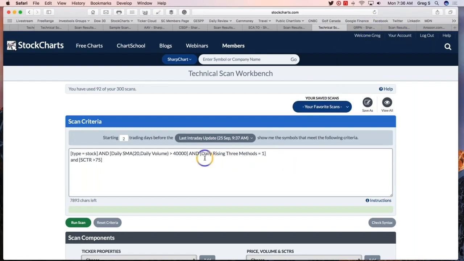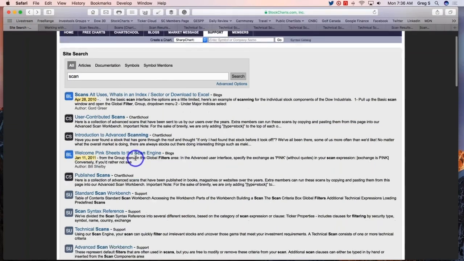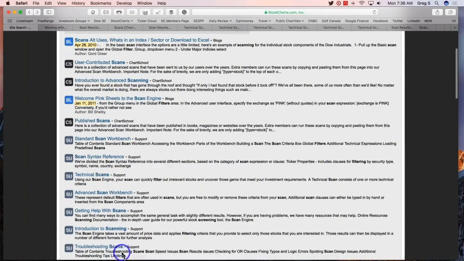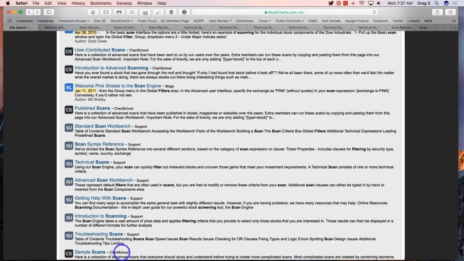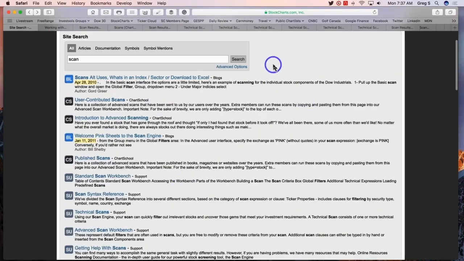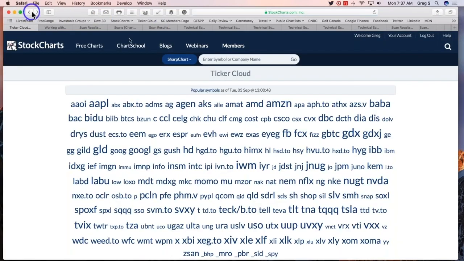And then with all of these scan lingo and stuff, they're all laid out in the entire chart school. So under site search, if you just put in the word scan, you're going to get all of these different ways to go and find different scans, getting help with them, sample scans, predefined scans, and we're going to get into all of that right now. But the point I want to make is there's a lot of stuff set up here that you literally just have to turn on, as opposed to